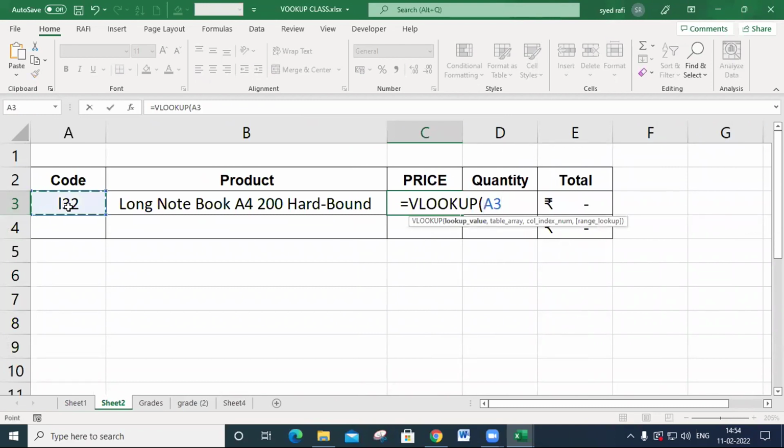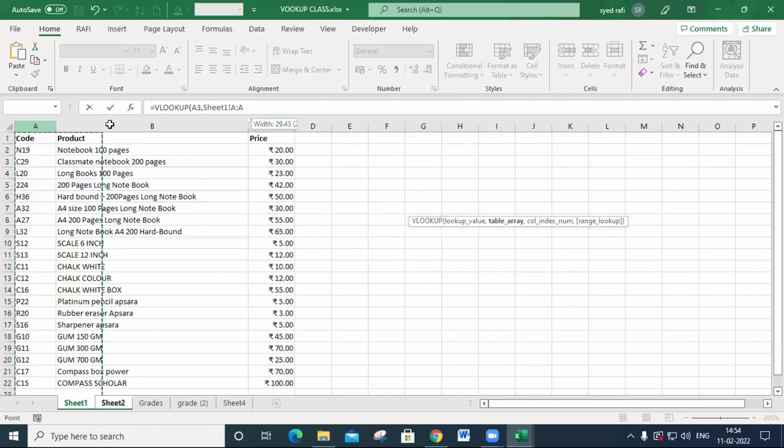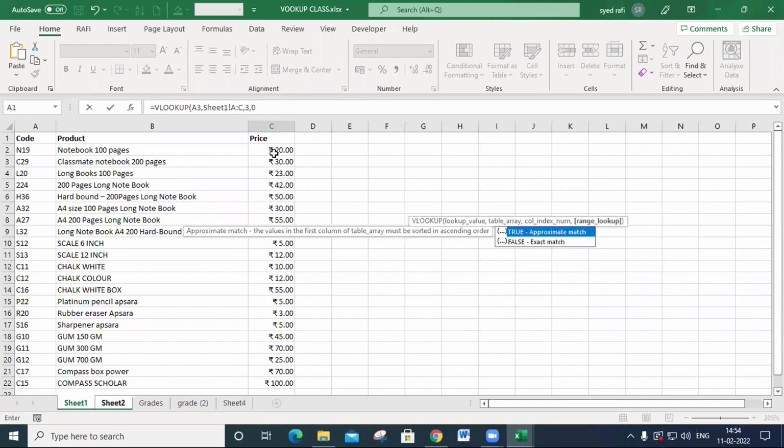This is the lookup value, comma, and you must select the table array, comma, column index number. I need to display the price, so it is in the third column. So I put a 3, comma, 0. 0 means exact match.